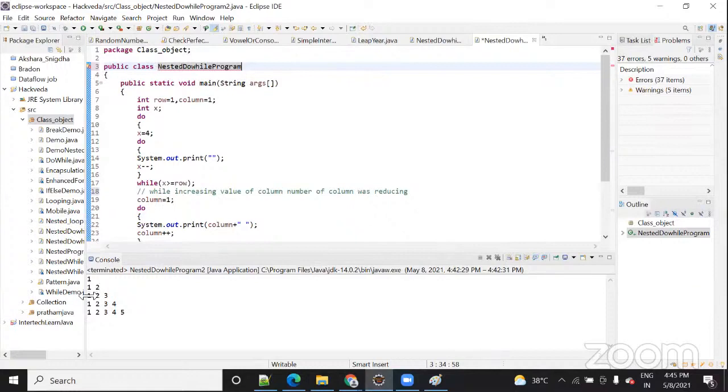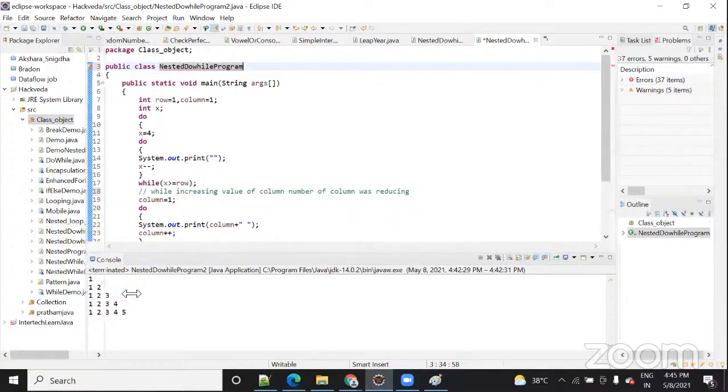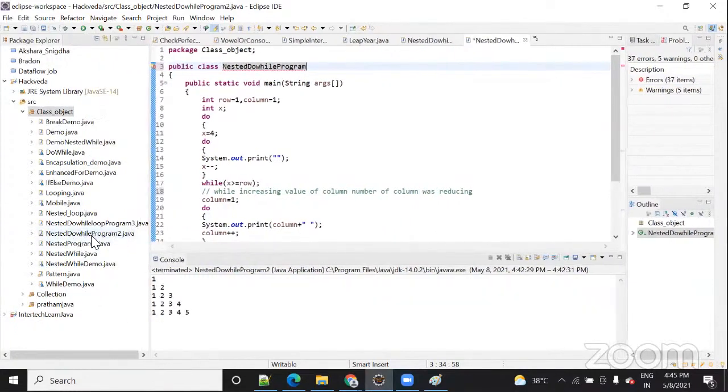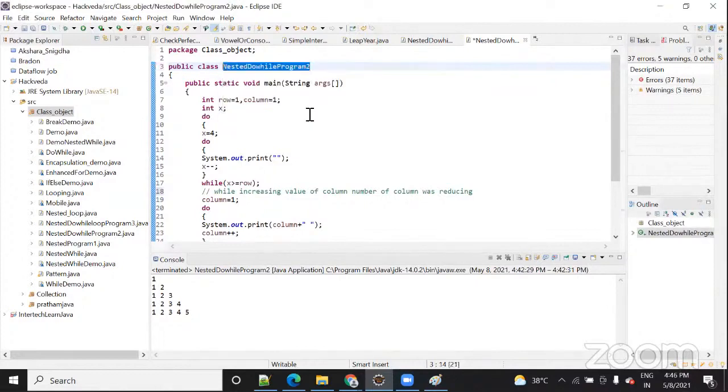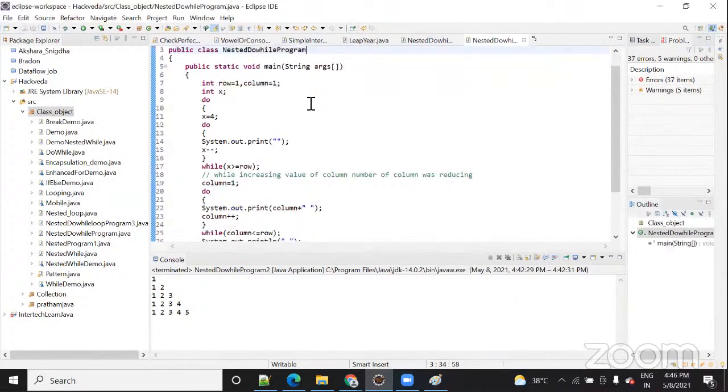Nested do while program 2. The current file name is nested do while program 2, and our file name should match the class name, which is a standard Java practice for any programmer. So you can put the cursor and either change it by saving as a file loop, or otherwise, if you are not satisfied, you can rename it.